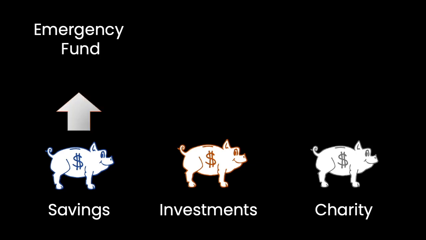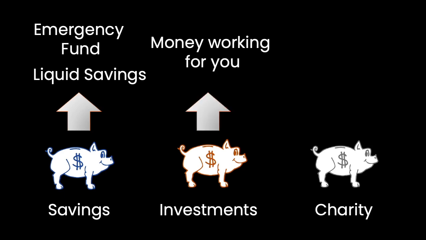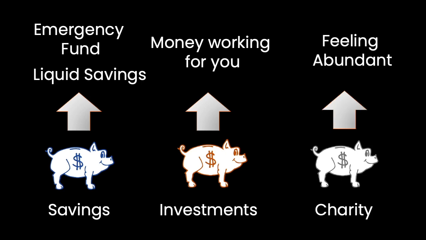The savings component will go towards creating that emergency fund for you. The investments component will go towards creating those real assets that we spoke about. And finally, charity. Charity is almost as important as the other 2. You see, by giving, we get into the mindset of having. And this mindset creates abundance in our own life. It attracts wealth into our own lives. So by giving, we actually are attracting more wealth into our lives.